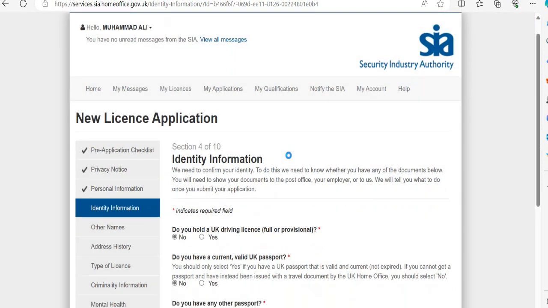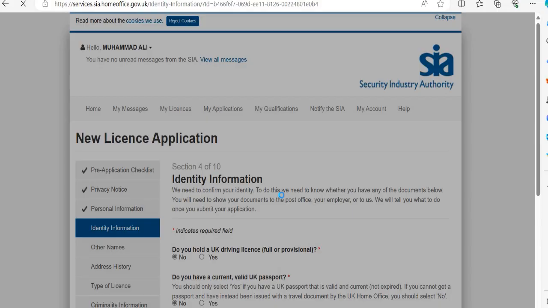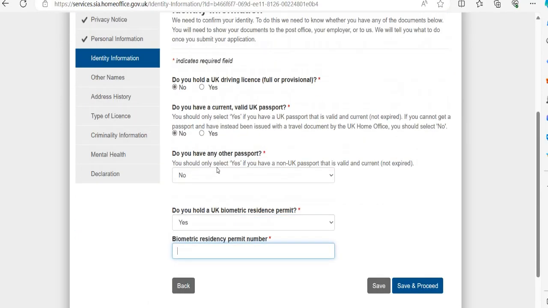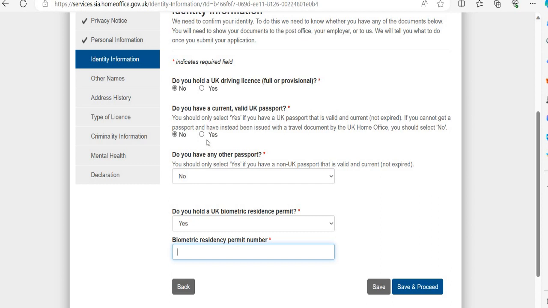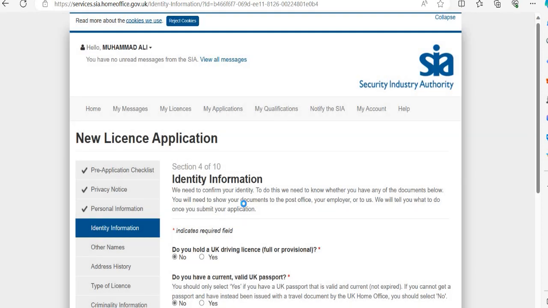Then they will ask you about the BRP. Okay, then say yes, and then write down the BRP number. Okay, in this case I do have this any other passport number. So if you do have a passport, any country passport, say yes. Okay,